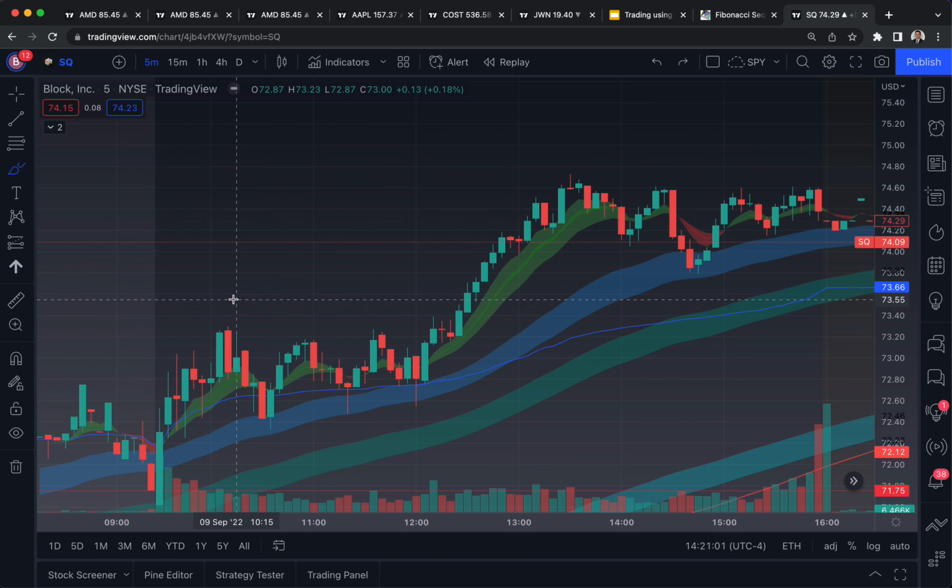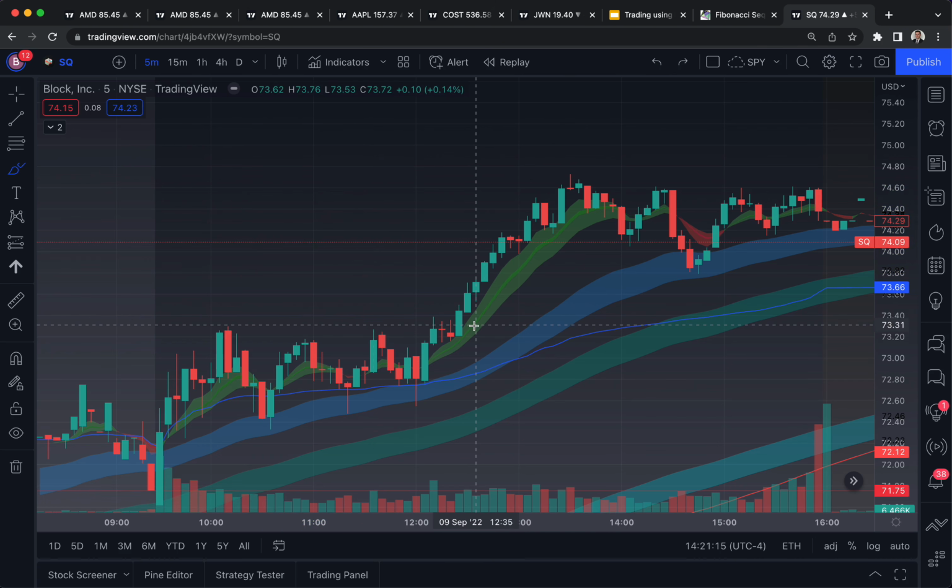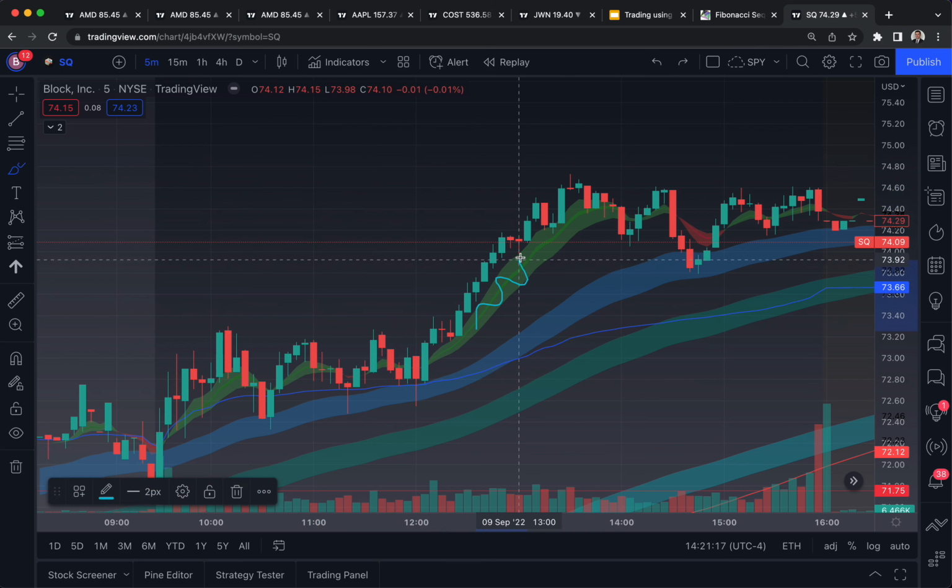So when they're trying to catch a pullback and they have their algo plugged into the 32 EMA, you're going to miss that entire trade if you're using the 34 EMA. So rather than using one line, we're using a zone. A zone gives you an added area where you can start scaling in at. And it will help you a lot with your trading, especially if you trade using the supply and demand strategy,